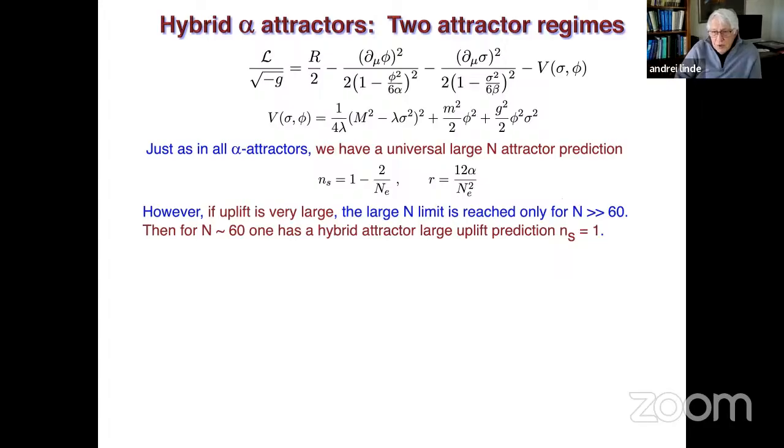However, the question is whether N of the order of 60 is already large enough for this attractor to be realized. And what happens here is that if I increase uplifting, then the range of changes of the scalar field phi becomes gradually shrinking. Previously it was pretty large, determined by the theory of alpha attractors, but if I uplift it further,